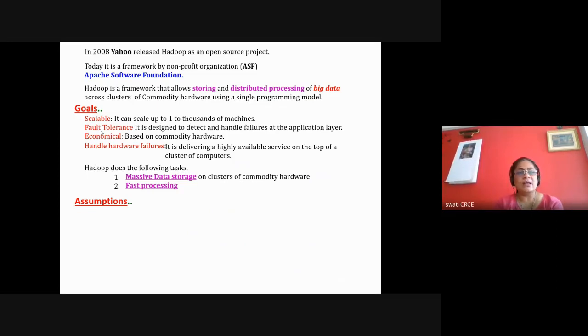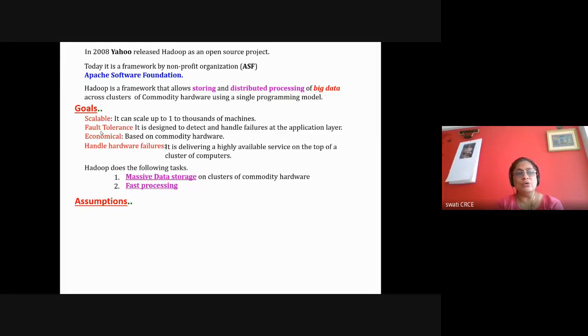It should work. Then there should be a fault tolerant system because it is the case of hardware. Machines are there. Maybe one machine may work without fail for 3 years as per the statistics, but after that it may fail. And if you are having 1 million machines, then maybe there are 1,000 failures in a day. And so they should be handled. The system should automatically detect these failures, and it should handle them. All kinds of transparency should be provided to the end user. The end user should not be aware of, or should not notice, the failure which is happening in the background.